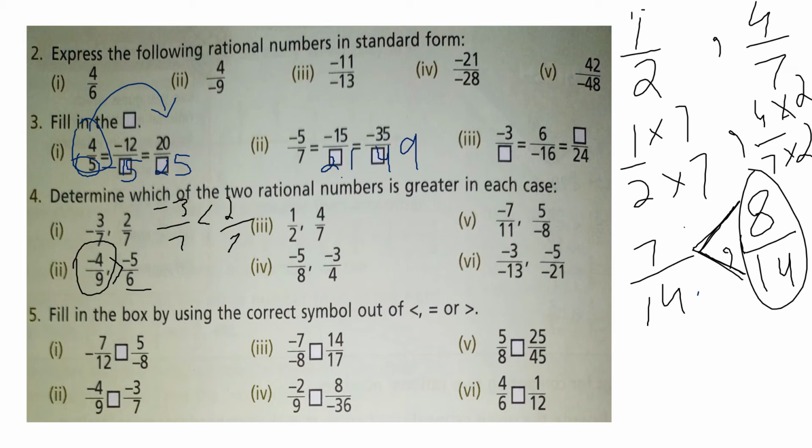Now the remaining 3 you have to do in your homework. You will multiply this fraction by 2, so you can make the denominator 8. You don't need to change this one. Again here you will multiply this by 8 and this by 11. This one by 21 and this one by 13, to make their denominators the same, then you have to compare them. And question number 5, by the same method you have to do this question by yourself. You have to first make the denominator the same and then use either this symbol or this one. Now come to the next question.